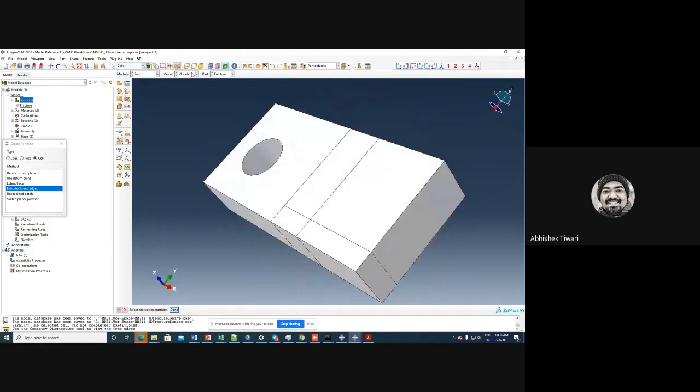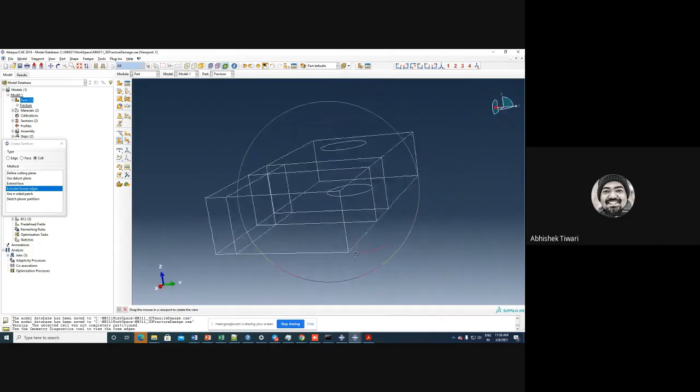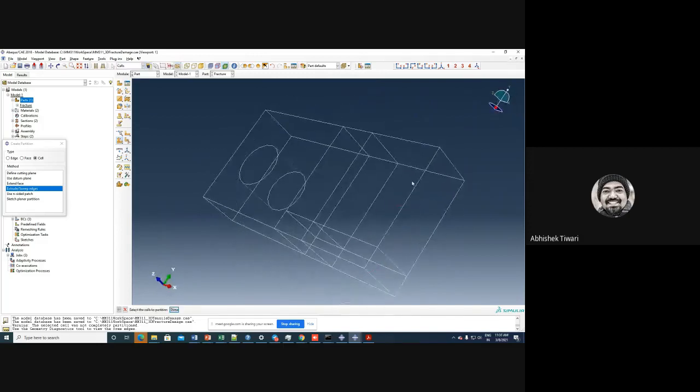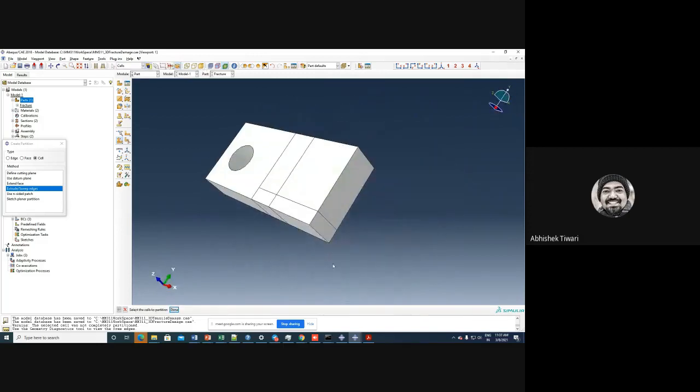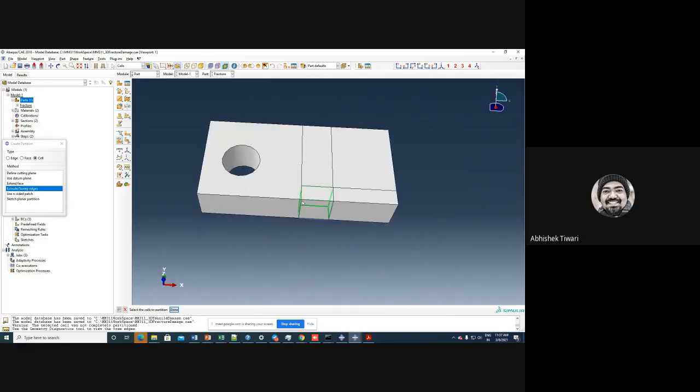And if you want to see, it is actually empty. I mean, the whole thing is on all the sides. So you can see it like this. So it is completely divided, the whole volume. So partitioning is done. And I have to partition one more at 2 millimeters away because that is where the crack tip will be.